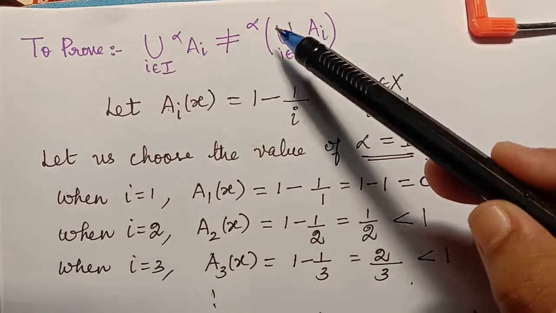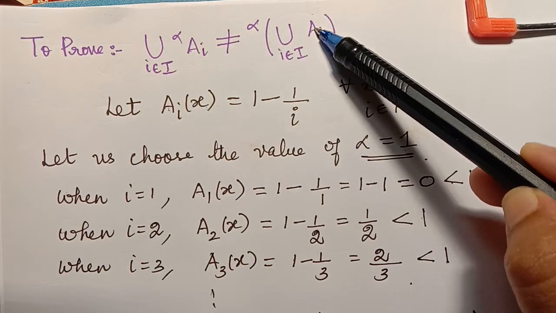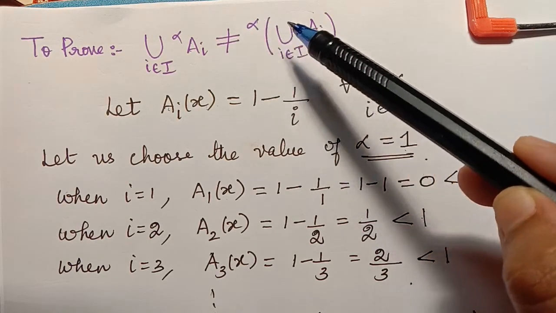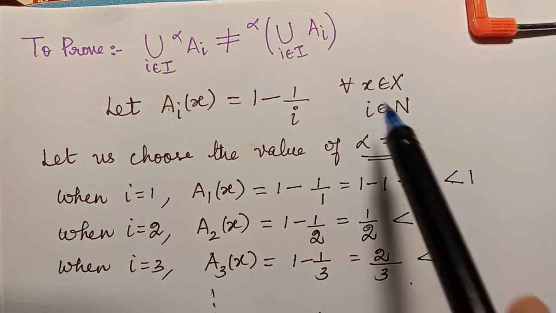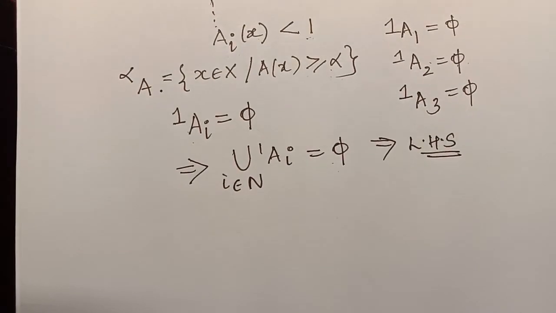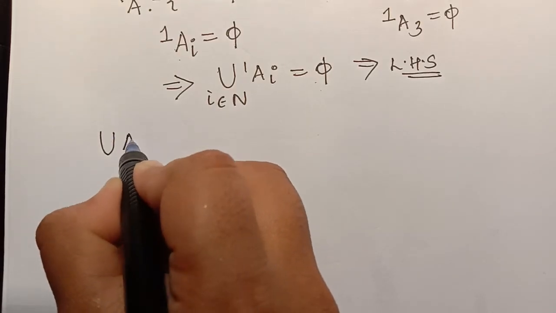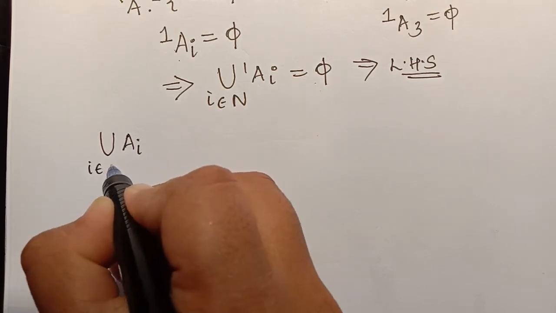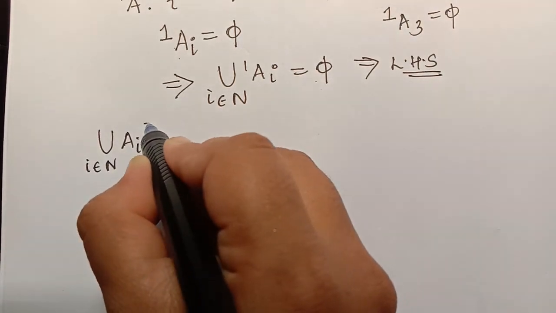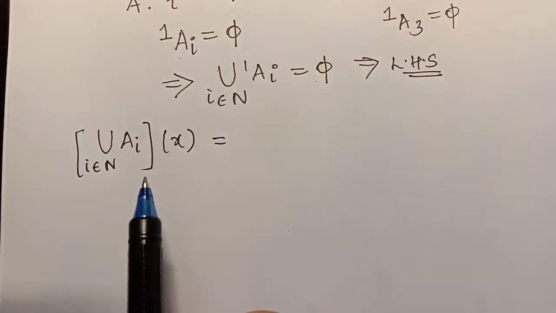Now what is the RHS? RHS is alpha cut of the union of AI. So first we shall find this union of AI, and then we will take the alpha cut of it. That is one cut. So first we will find out what is union AI. So for that we shall write here. So union of AI for I an element of capital N of X is equal to,